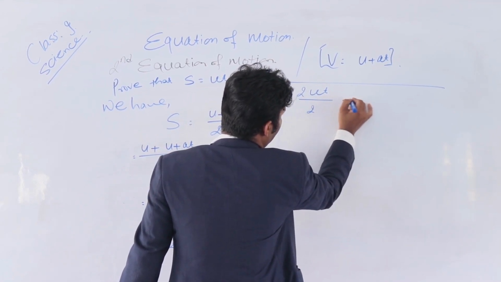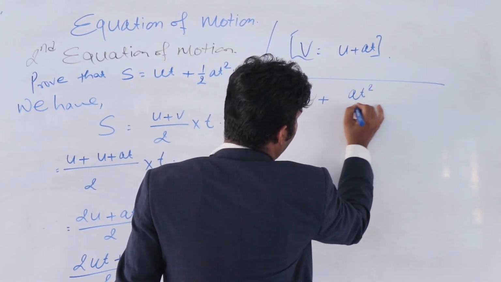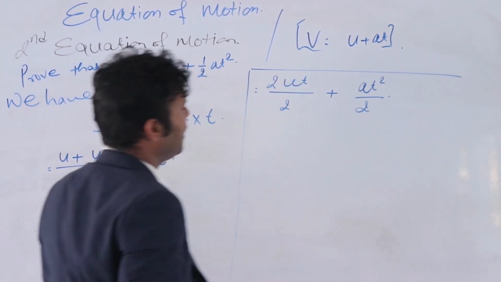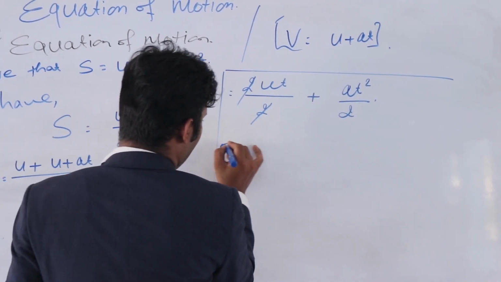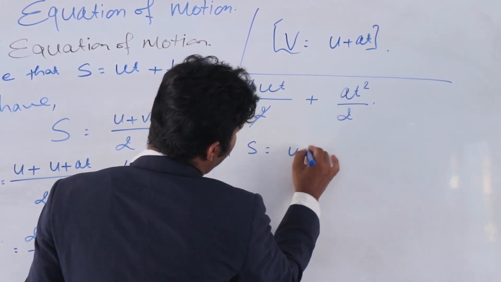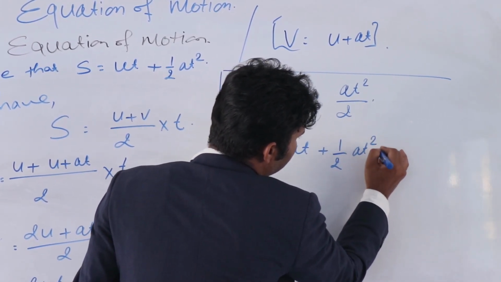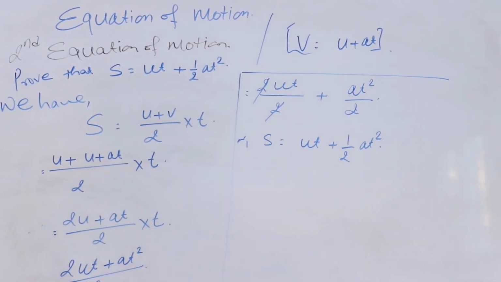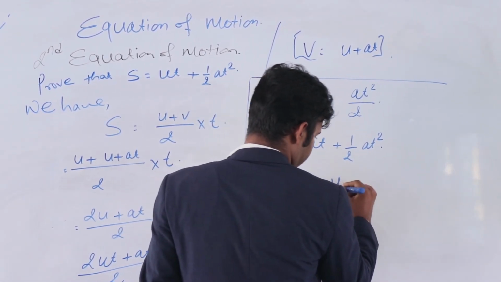divided by 2 plus at square divided by 2. Please cancel the 2 and 2. S is equal to ut plus 1 upon 2 at square. Isn't it? Okay. Hence,